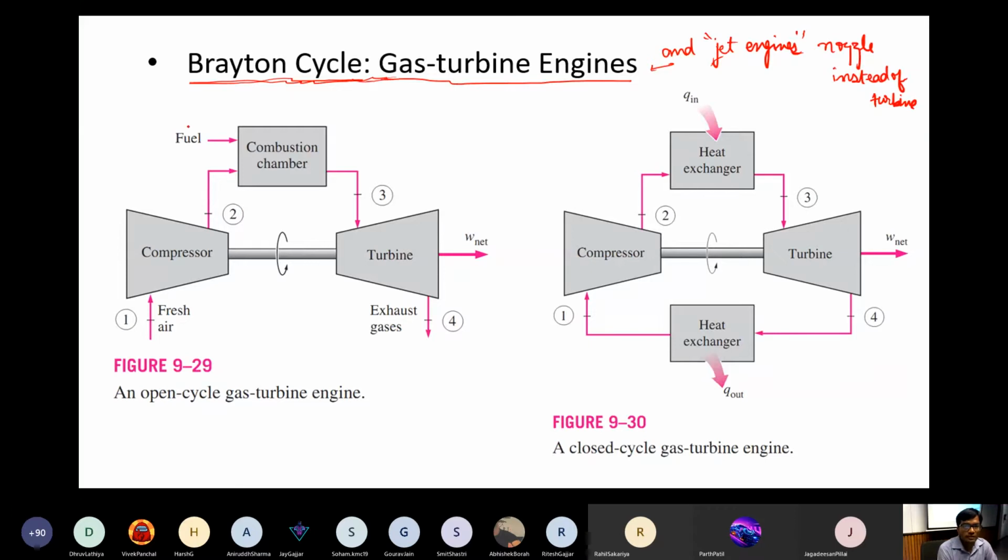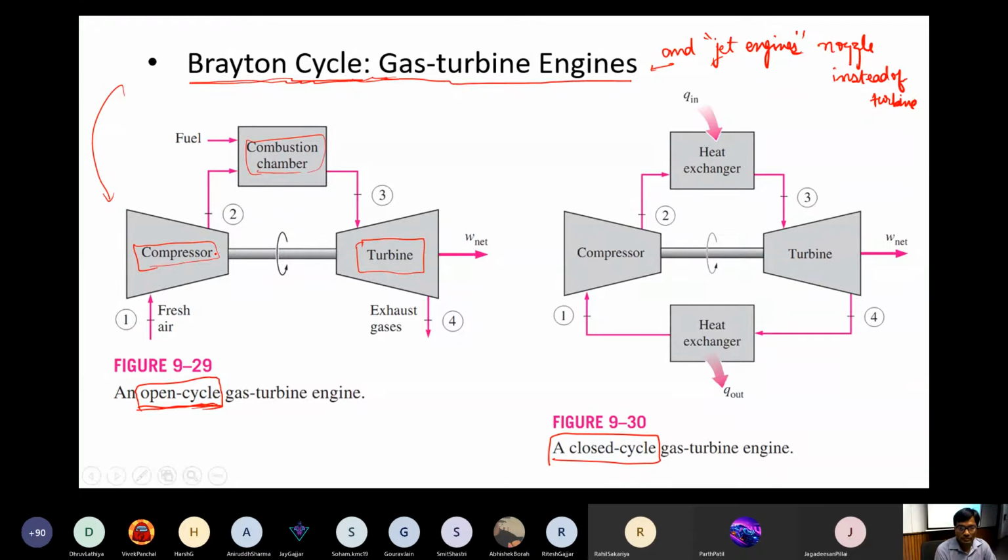So the typical Brayton cycle is open. There are two types of Brayton cycle you can think of: open cycle and closed cycle. We'll talk about both, but first let's focus on the open cycle. In this there are typically three to four components, namely compressor, combustion chamber, turbine, and there is a shaft. This is typical. Typically, you will not find this in your Otto or Diesel cycle.